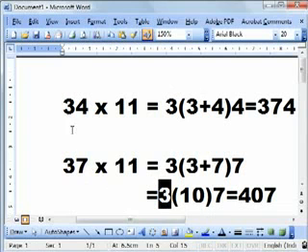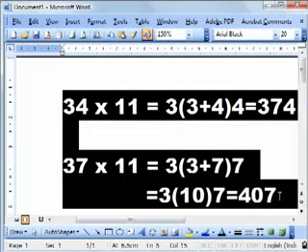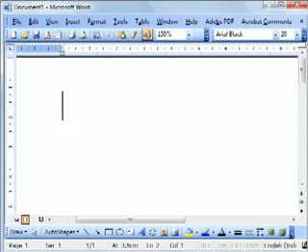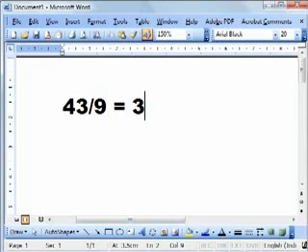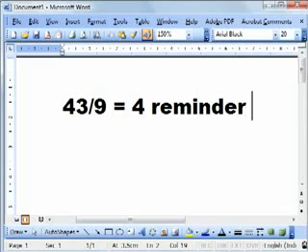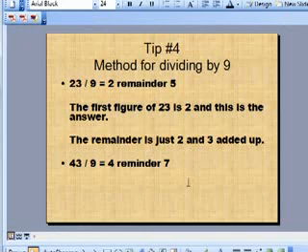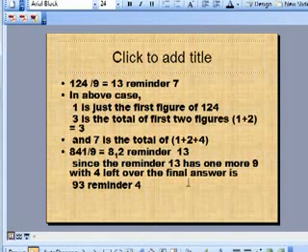Let's try that. 43 divided by 9. So the answer is, the first number is the answer, and the remainder is 4 plus 3, the remainder is 7. So this is the answer. But there are some exceptional cases that I am going to discuss in the next slide. You cannot directly apply